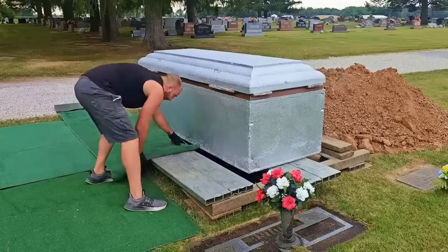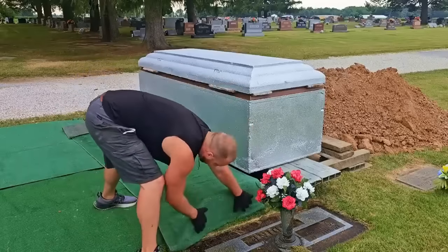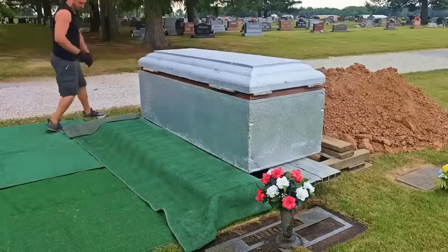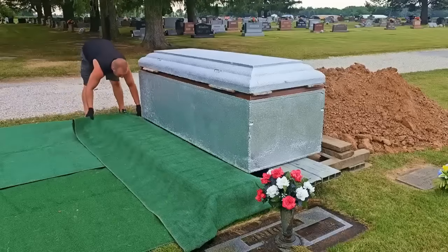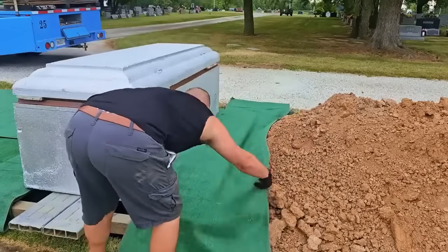Once my big green carpets are down, I can lay out my runners, which are half as wide, and they go over the boards that surround the vault. I use these carpets to hide the end of the equipment and make sure that the family's headstone is still visible. We also use T-carpets that are used to cover up the reels and the 4x4s, but on a day